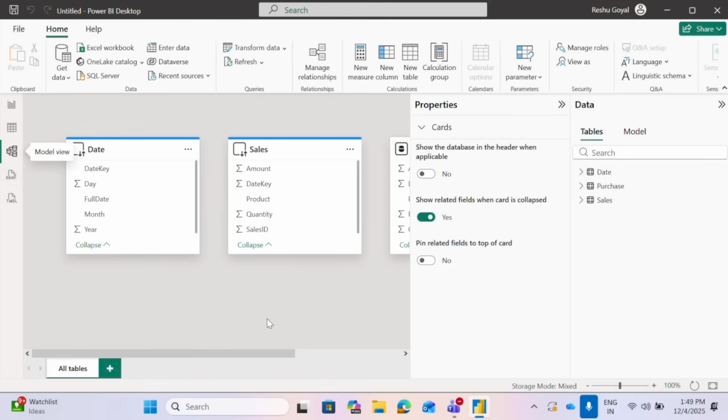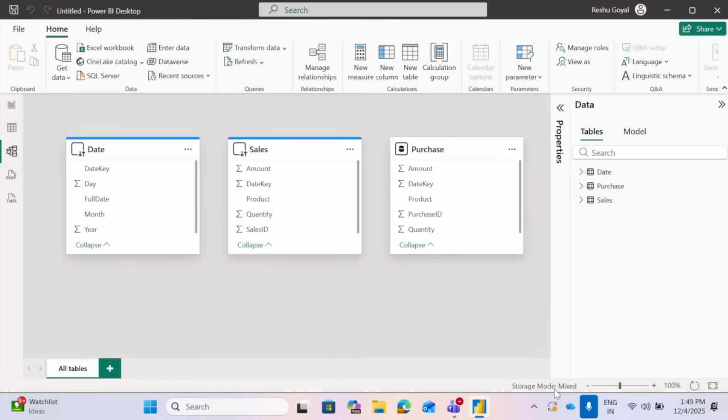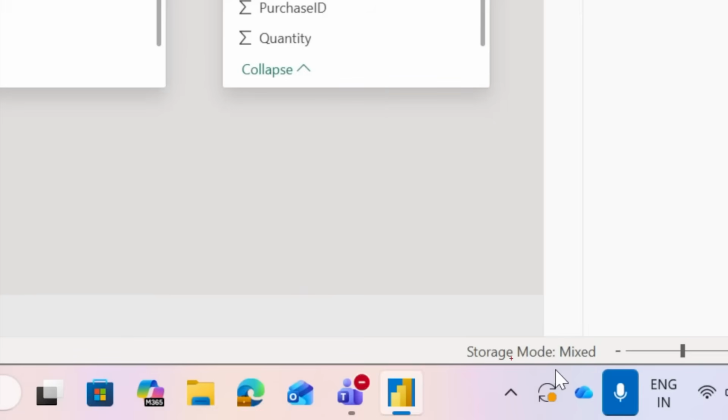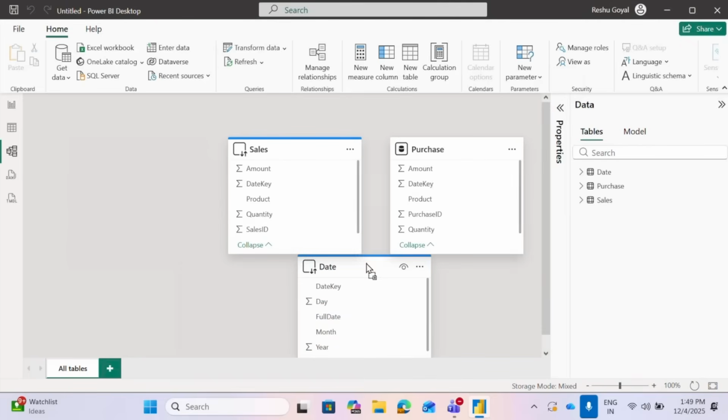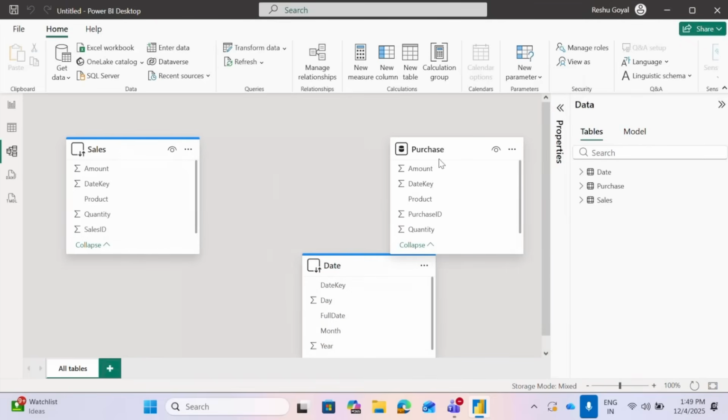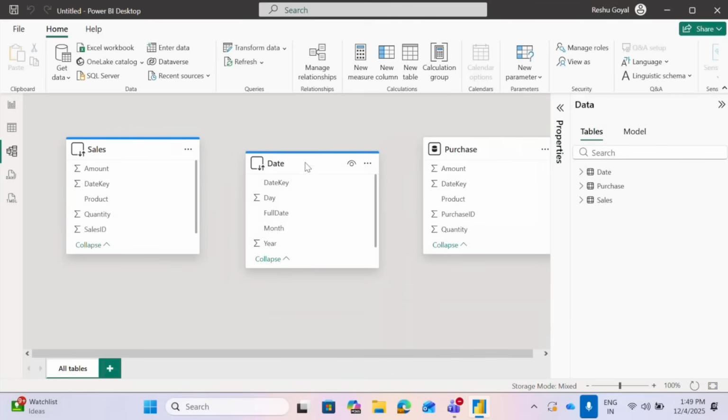Now once my data is loaded, you can clearly see my storage mode indicated over here is mixed, which is fair enough. Now I have to relate this date table with both the sales table and the purchase table. Currently, the status of this date table is DirectQuery mode.